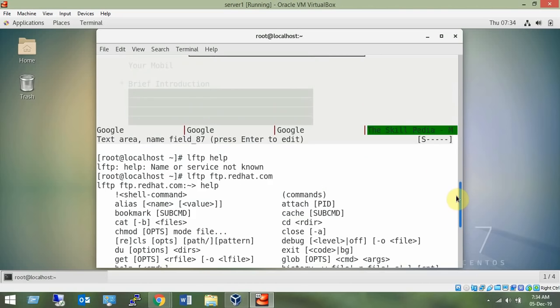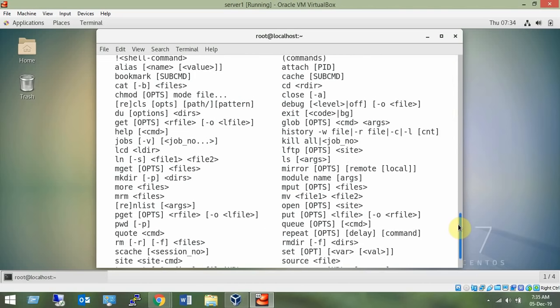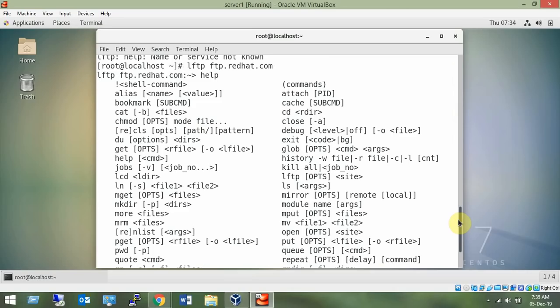Now what is the purpose of FTP? What is it used for? Let me brief you quickly. Of course it will come into the session, I will explain that. FTP stands for File Transfer Protocol. It means when we want to transfer a file from one server to another, or from server to client, distribution of files is done through the file transfer protocol server.